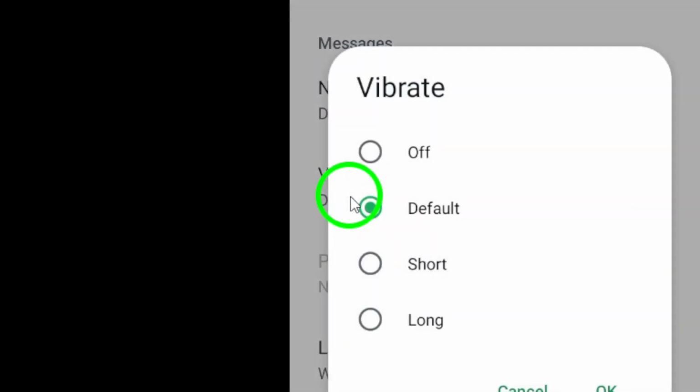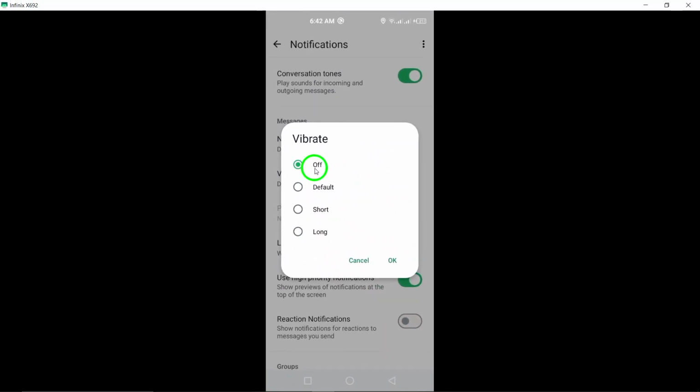Under the Vibrate settings, you'll see options to customize how your phone vibrates when receiving messages. To turn off vibration for WhatsApp chat notifications, simply select Off. And there you have it. By following these simple steps, you can now enjoy a more peaceful messaging experience on WhatsApp, without the constant buzzing